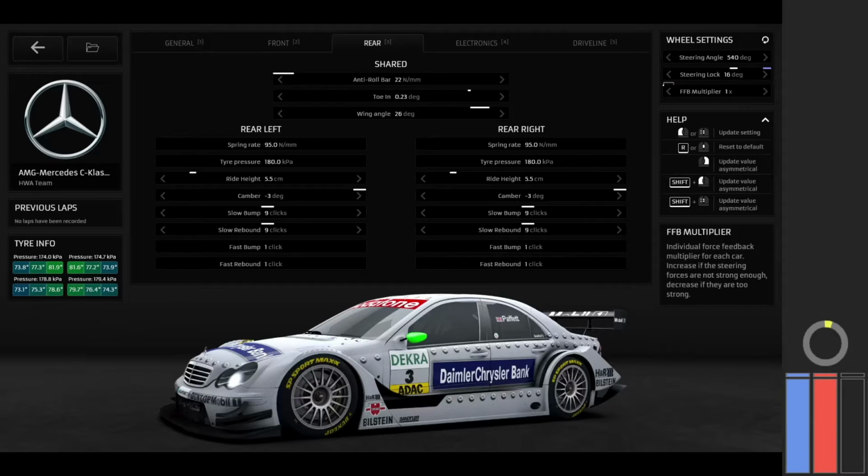If not, then it's obviously a bit more complicated, but thankfully, again, I think only ACC, as in Assetto Corsa Competizione, and Automobilista, from the main sims, don't have individual car adjustments,